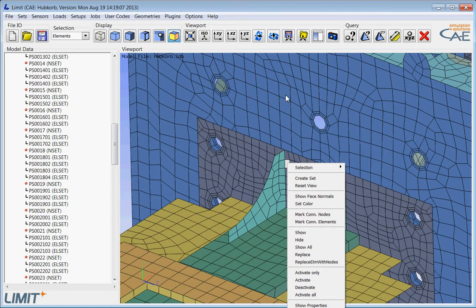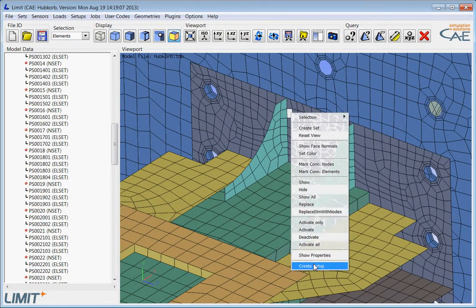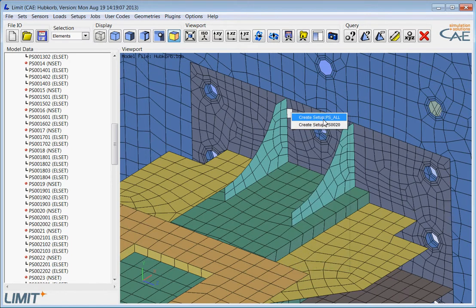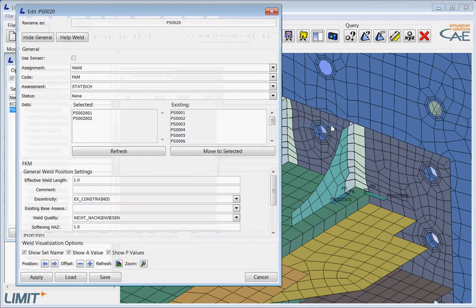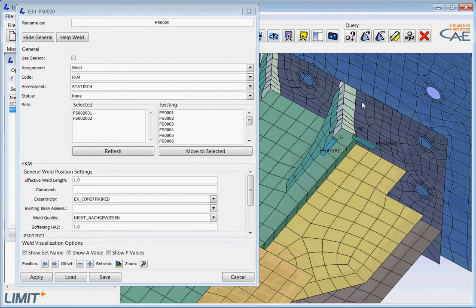right mouse button, I can select create setup, and if I do so, I have a list of all possible weld sets in which this element is located. We have two. One is PS all and one is PS20. So if I click at PS20, then automatically the setup for this weld is activated, and what you can see here is